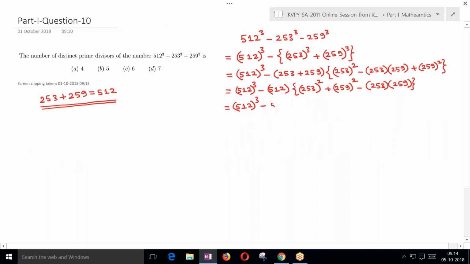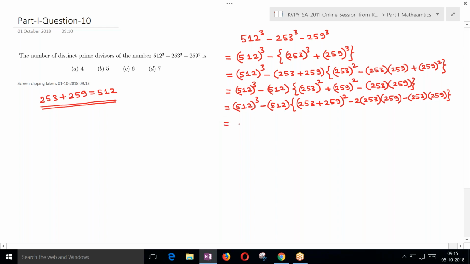So here as it is, we are writing 5112. Now a square plus b square, 253 square plus 259 square. a square plus b square is equal to a plus b whole square minus 2ab. So 253 plus 259, a plus b whole square minus 2 into 253 into 259 minus 253 into 259. This is equal to